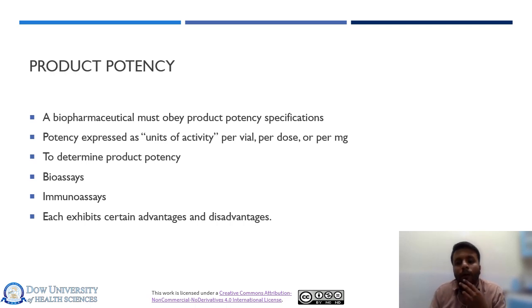Bioassays involve the measurement of biological activity of the product, like its ability to stimulate cell growth or inhibit the growth of bacteria. Immunoassays, on the other hand, measure the amount of product present by using antibodies which are specific to that